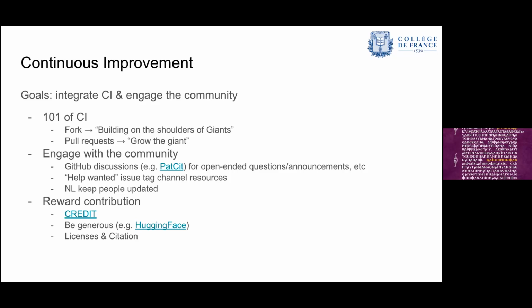And then eventually, what you want is to engage with the community. So for that, I found the new GitHub discussions very useful. So these are open-ended questions or announcements that you can do on a specific section of the GitHub. So, for example, I will say, okay, we have started to investigate patent citations